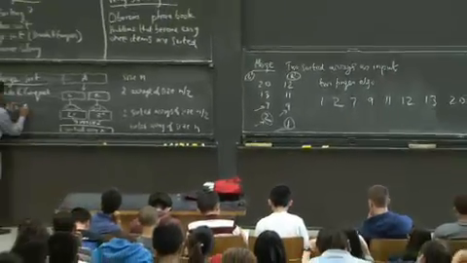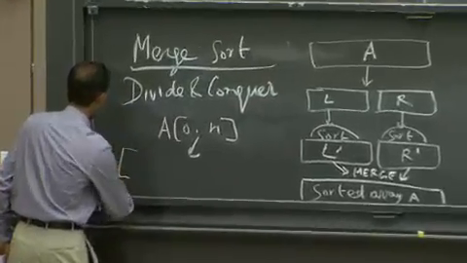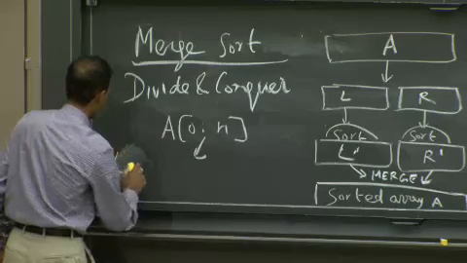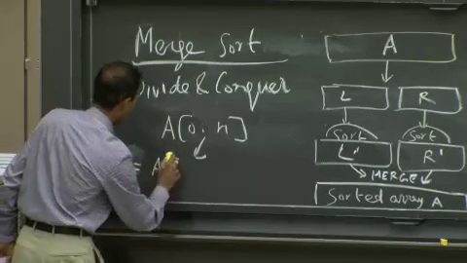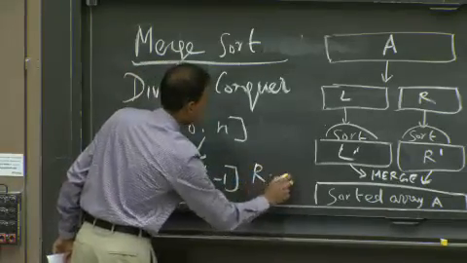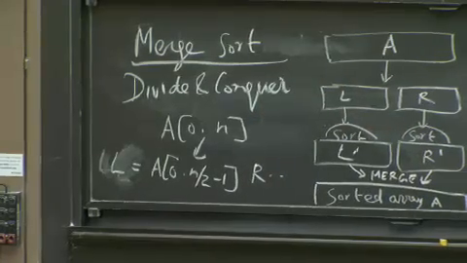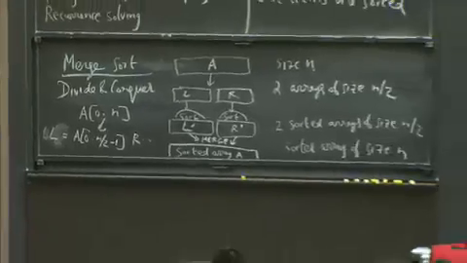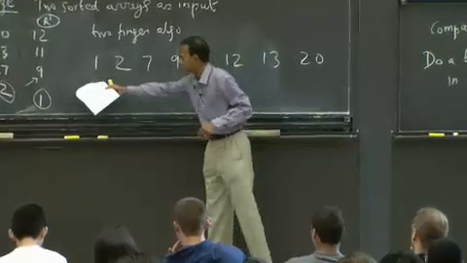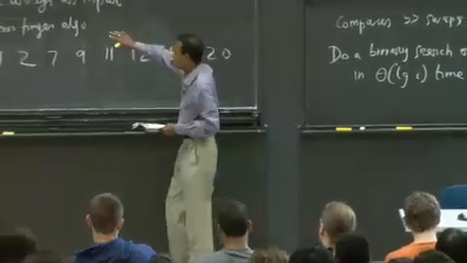If you have an array, A 0 through n, then depending on whether n is odd or even, you can imagine that you set L to be A 0 through n/2 minus 1, and R similarly. So you just split it halfway in the middle. I'll talk about that a little bit more; there's a subtlety associated with that we'll get to in a few minutes. But to finish up in terms of the computation of merge sort, this is it.